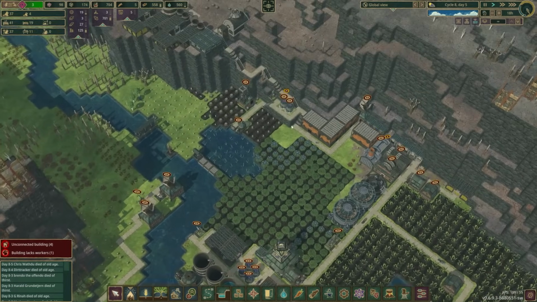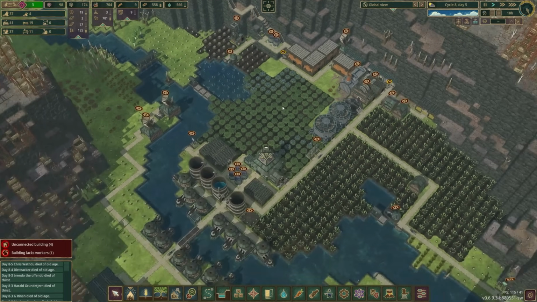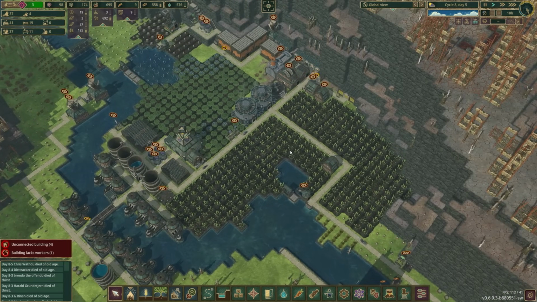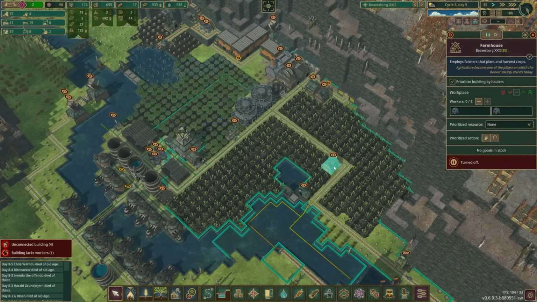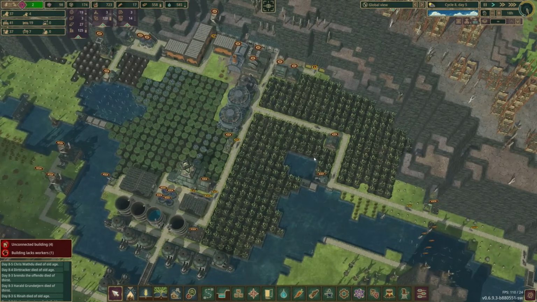We'll see what happens. We do have our 2 haulers doing hauler-type things with whatever it is that they're doing. This corn is growing, which means these 2 can be paused, which means we have more haulers, which means things are going to go a little bit quicker. And that's